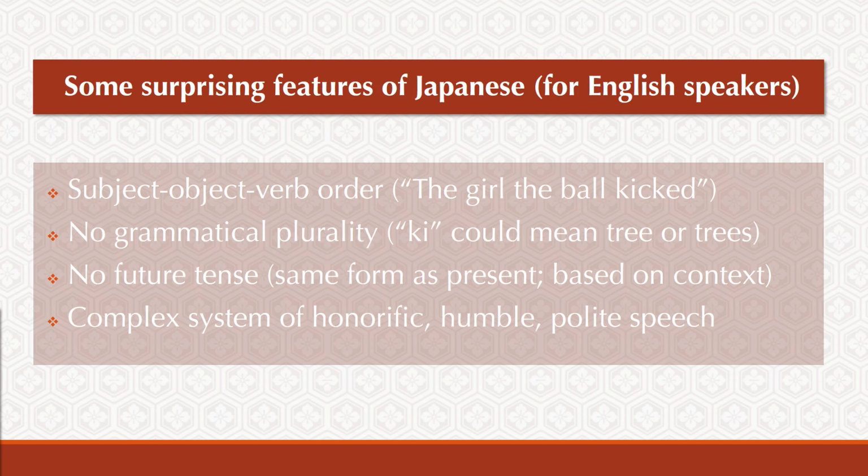Both verbs and adjectives are conjugated for tense in Japanese, and of some interest to speakers of English is the fact that there is nothing like the future tense in Japanese. Instead, something called the imperfective aspect is used for both present and future meanings, and so the speaker's intent must be understood from context.